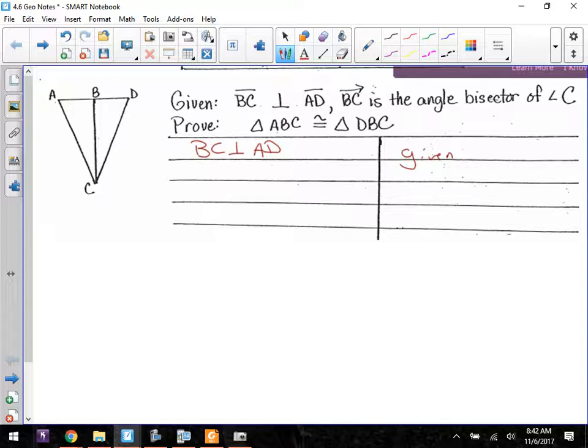Well, you have angle ABC and angle DBC. Those are the two right angles that are formed, and notice I marked my diagram with the information that I know. Angle ABC and angle DBC